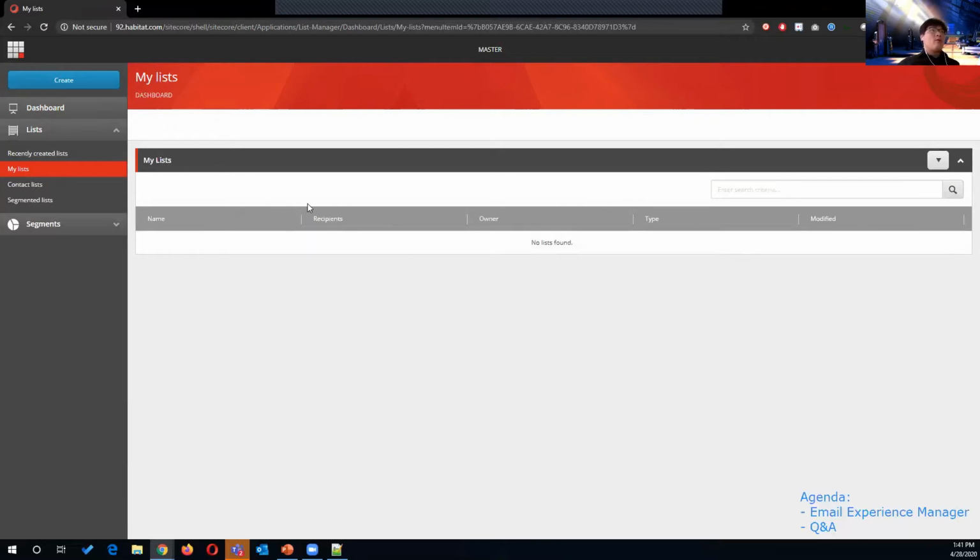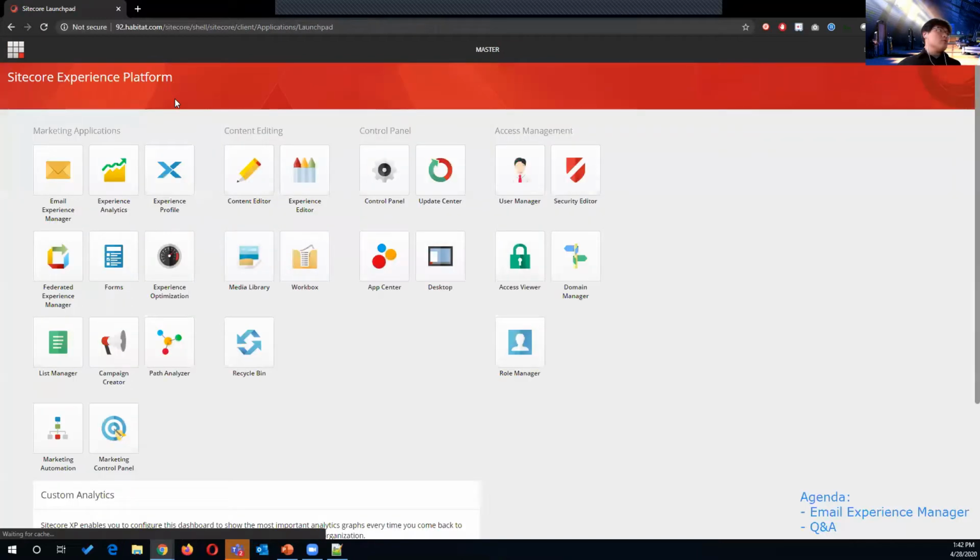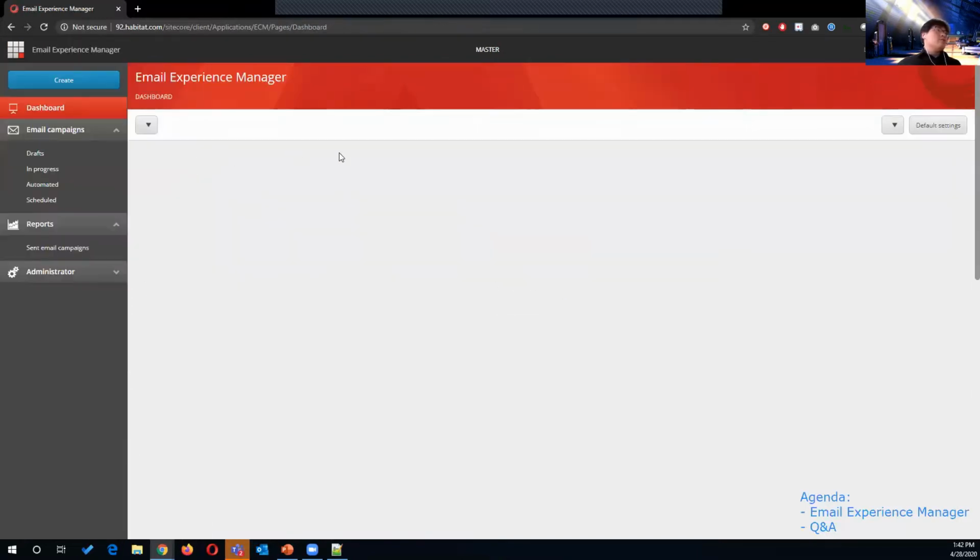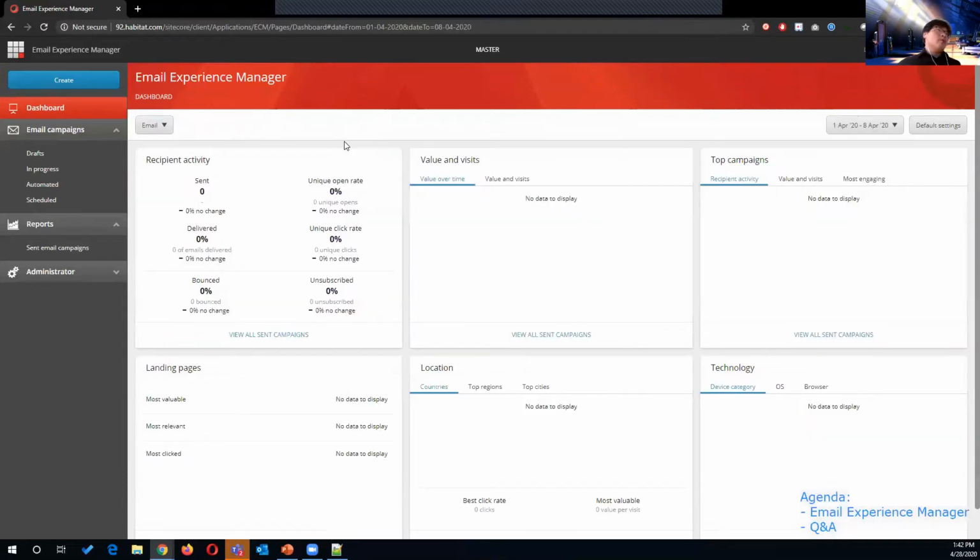How we will set it up in our email, I'm going to talk about later when we go back to the ESM. So ESM, Email Experience Manager, is a very powerful tool, and we actually have a project that we worked on for our customer to leverage this powerful tool. With this ESM, we can see it has a dashboard